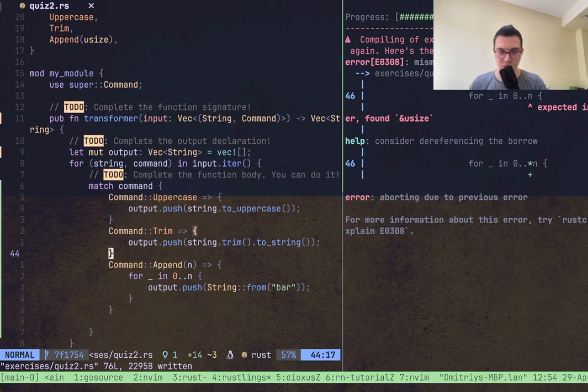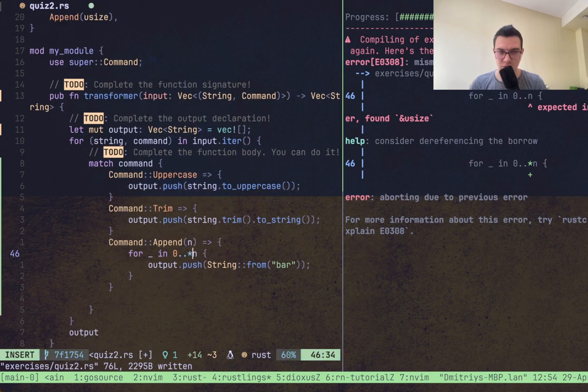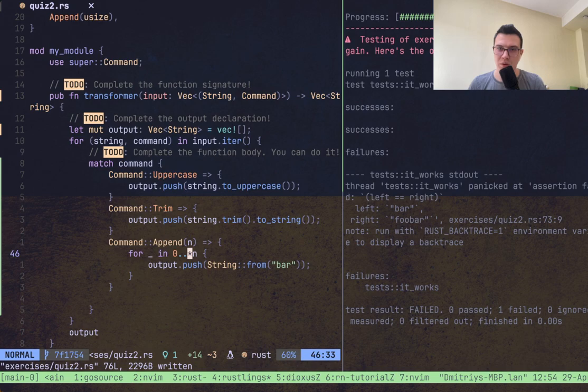And it suggests to do a dereference. Okay, the last test isn't passed because we just push bar, but we